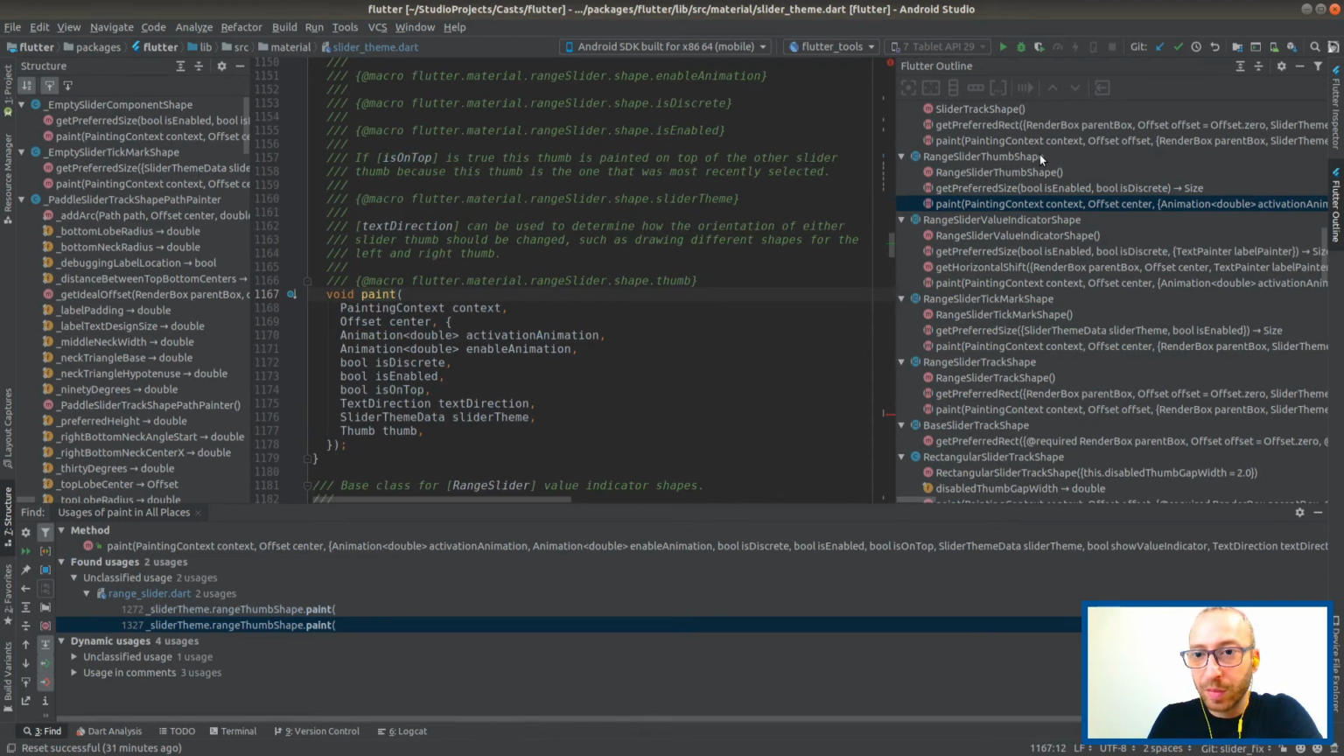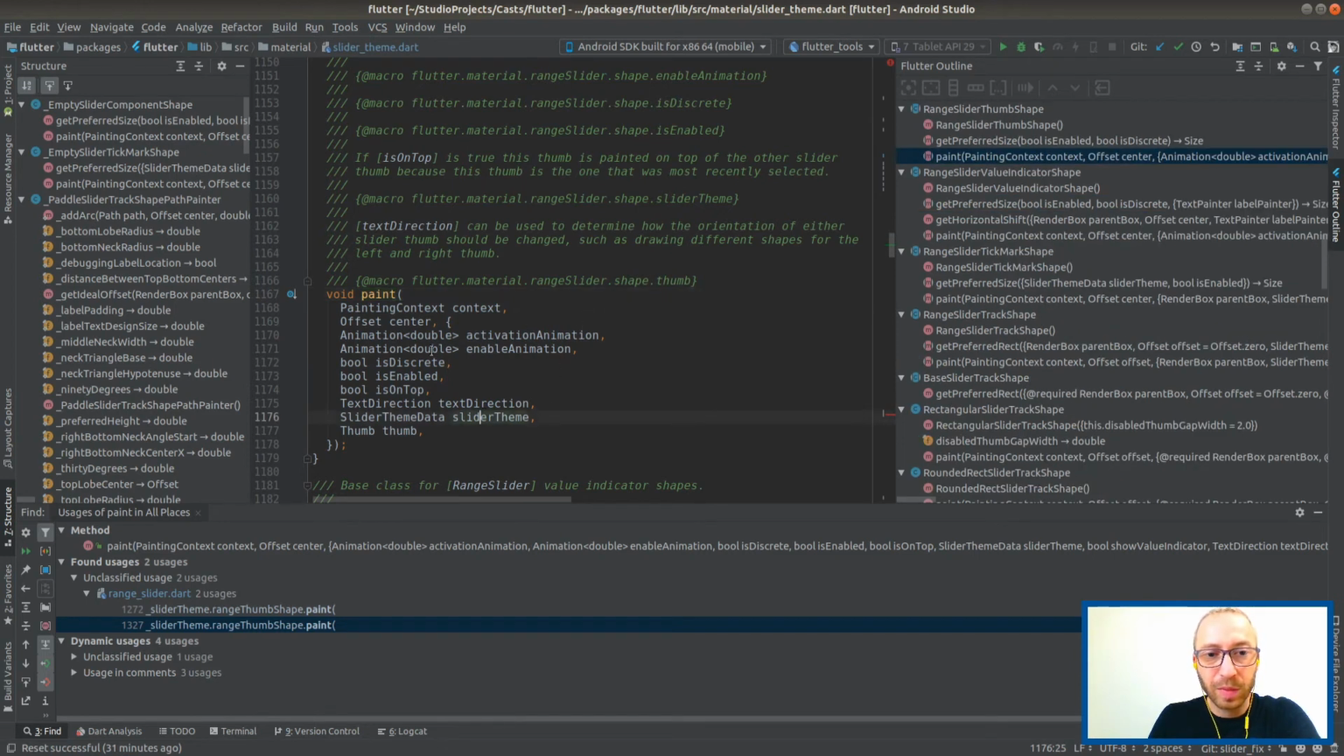So it's the thumb shape, and there is also the value indicator shape. So it's different shapes. But this shape was already deciding stuff based on the theme, right? So it kind of is the same. I mean, I think we're changing the logic just by adding it. So we're adding the